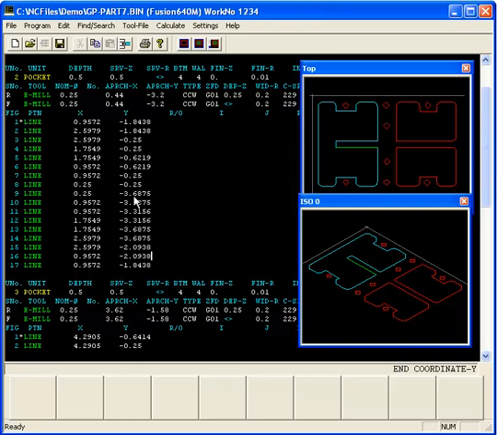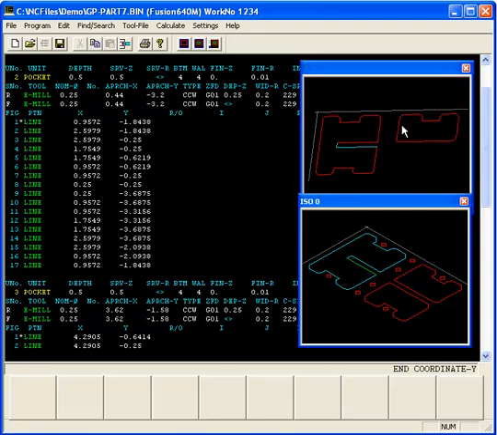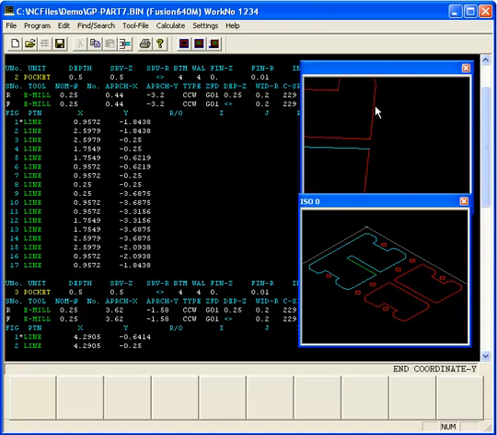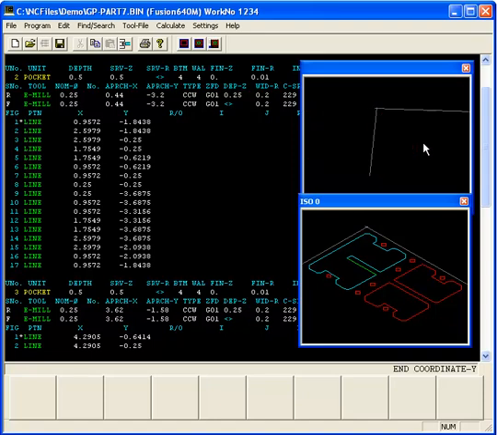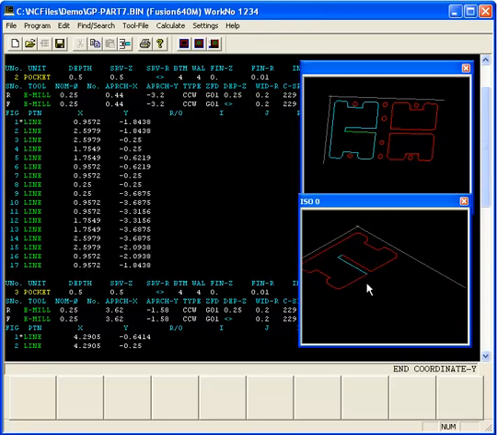And the next thing is that if you hold the center button down on your mouse, the scroll wheel, while moving the mouse, it will spin the part around. If you hold the shift key while holding that center button, it will zoom in and out as you go up and down on the screen. If you hold the control button while holding that center button, now it moves the image up, down, to the side. It just shifts it over following where that mouse is. So you can do that.